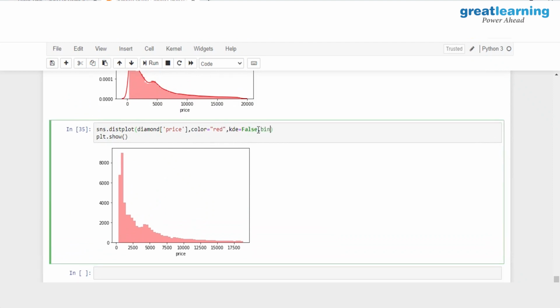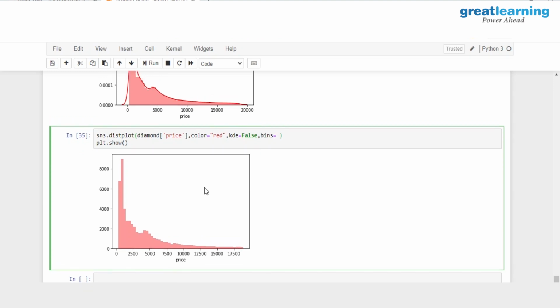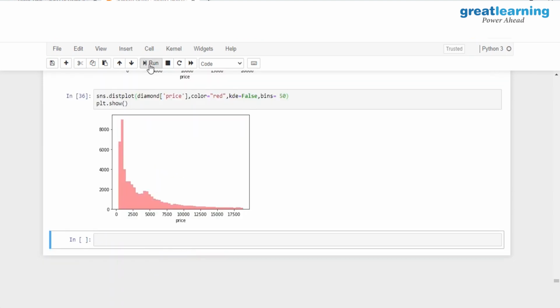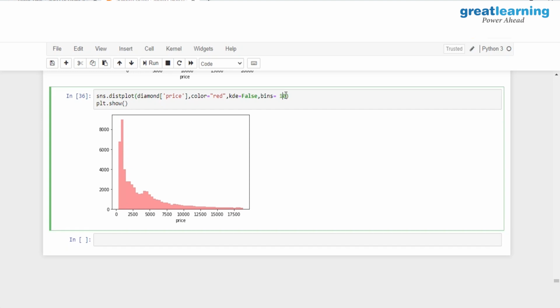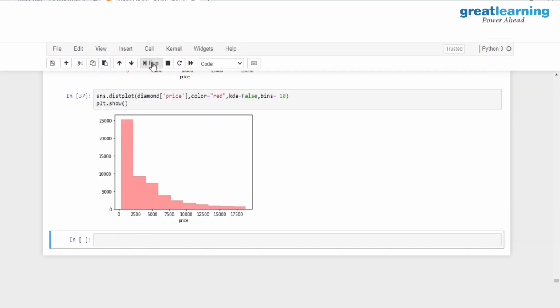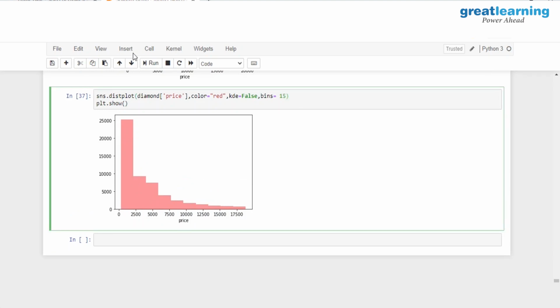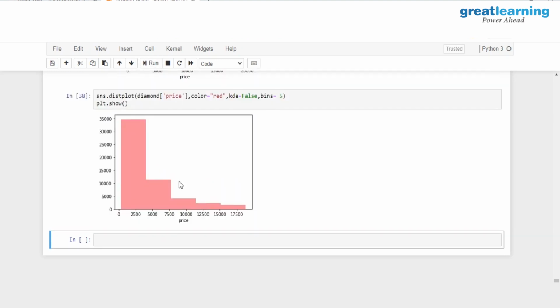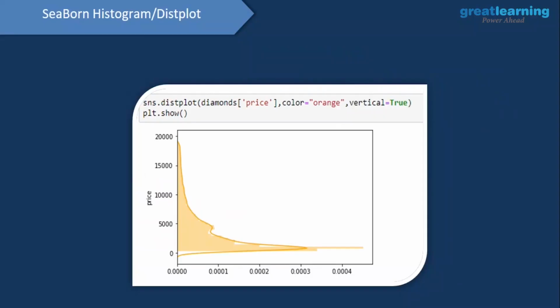And when I do this, you would see that I have only the histogram without the frequency curve. Now if I want to change the number of bins which are present, since there are 150 records, I'll have 150 bins, but let's say if I want only 50 odd bins over here, I'll set 50, and as you guys see, I have only 50 bins. Now let's say instead of 50, maybe if I want only 10 bins, so you will see that I have only 10 bins. Now let's say if I want only 5, that is also something which can be done. I'll set the value to be equal to 5, and we have only 5 bins over here.